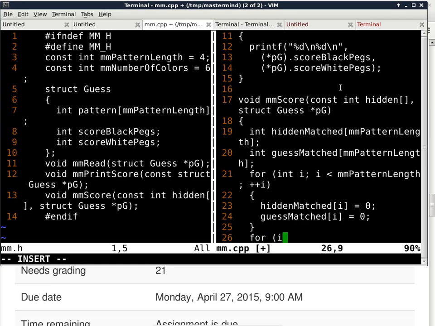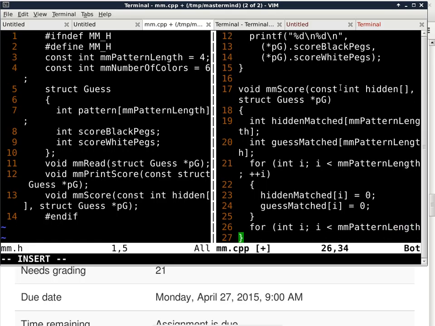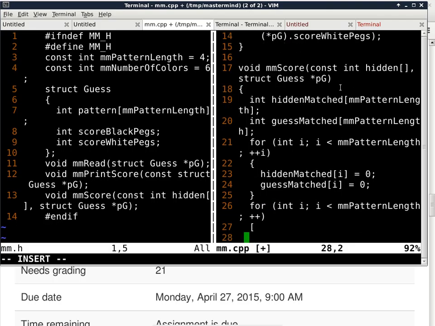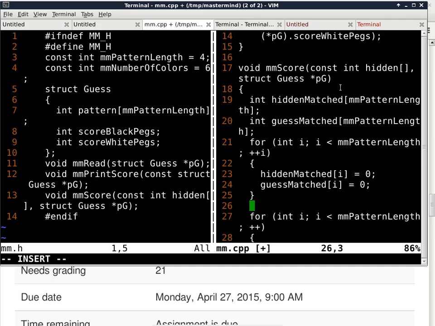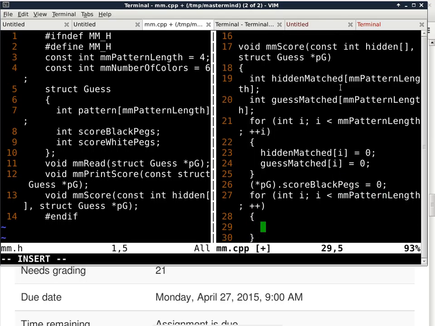So the first thing I would do, not saying this is the only way to do it, but this is how I would do it, is to use a single loop to figure out the number of black pegs first. Before this, I'm going to change the number of black pegs to 0 because it's acting as a counter. So I use pg to get to the structure pointed to by pg, and then I will say score black pegs equals 0. I reset it to 0 first. And then in this loop here,